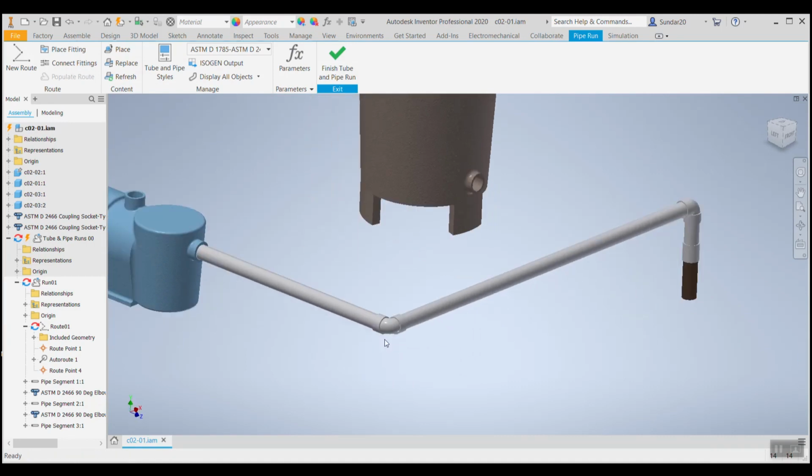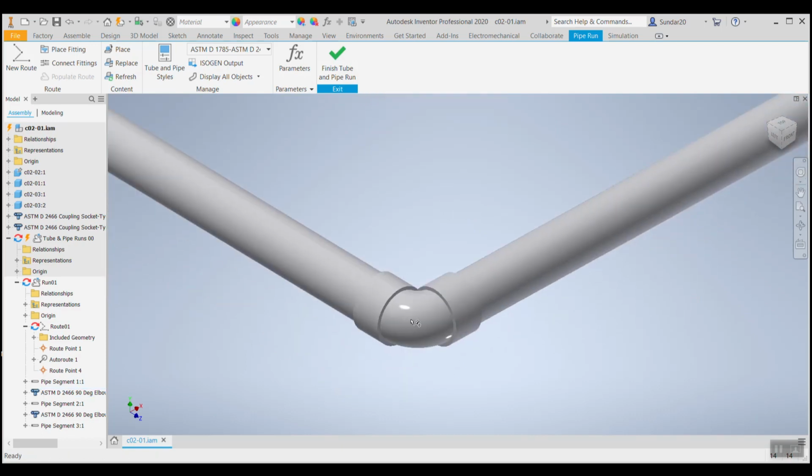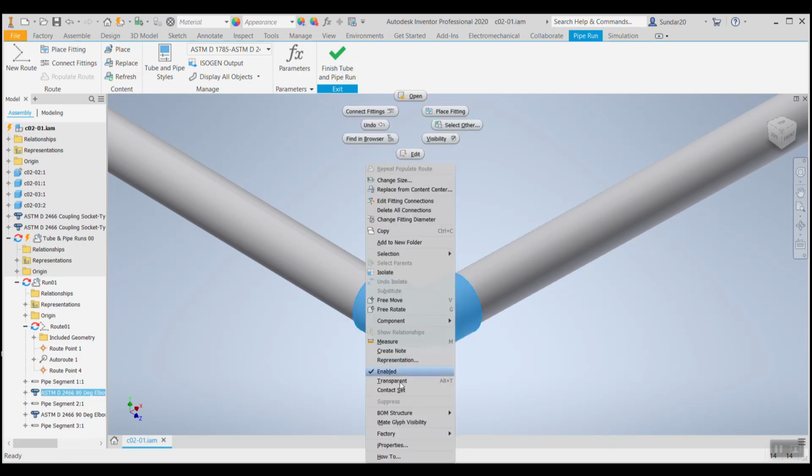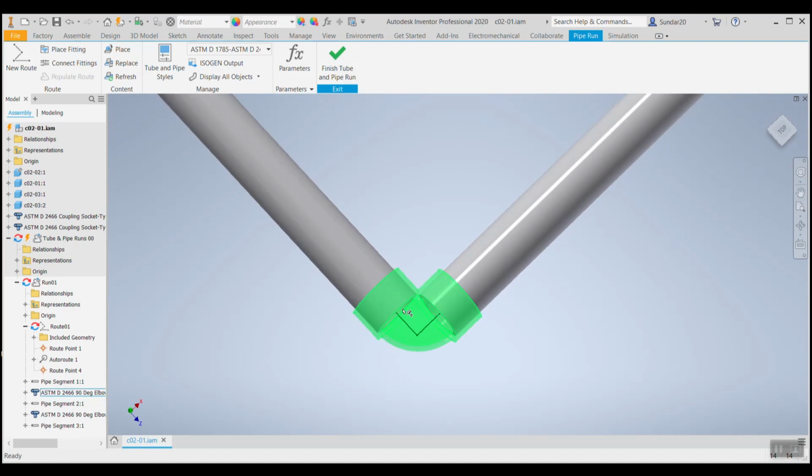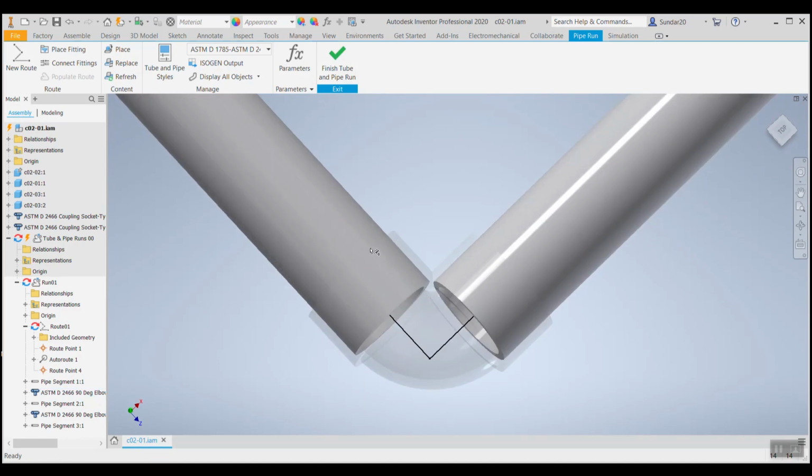So this has not only joint, elbow and pipe. So when we give a closer look over here, I'll select this elbow and say transparent, and you can see the pipe is actually fitted with the elbow. It's not just mated as we do for the sake of design. It's actually inserted into the elbow. This will actually give the exact length of the pipe. So we can go blindly and trust the software that it's giving the actual values. So I'll switch off the transparent.